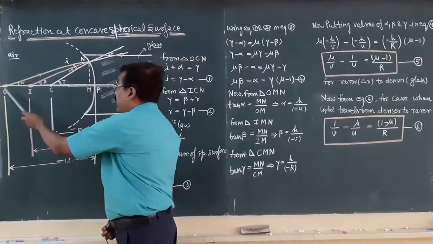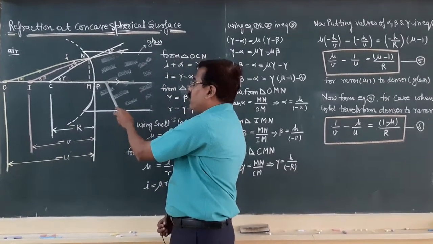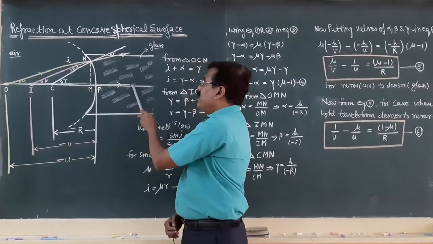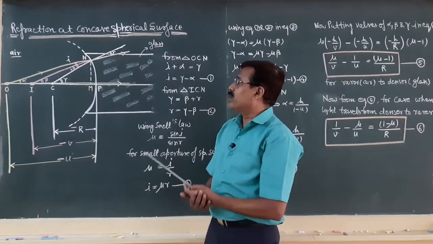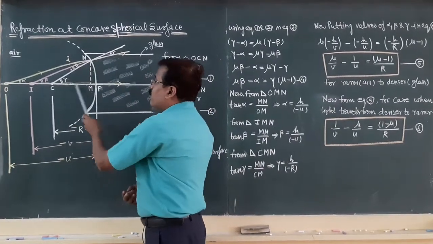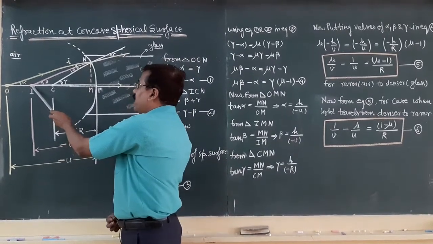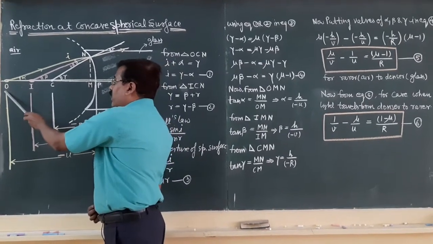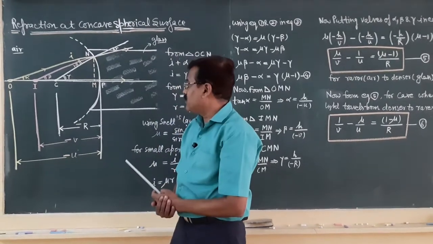The second light ray coming from object normally incident at pole, so it will be refracted without any deviation. So, these two refracted rays cannot intersect each other. So, real image is not possible. So, for the location of image, we will extend the refracted rays in the backward direction. When you extend in the backward direction, they intersect each other at point I. So, I is the image with respect to this point object. This is a virtual image, no real image.